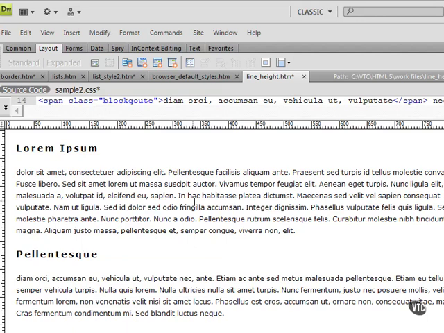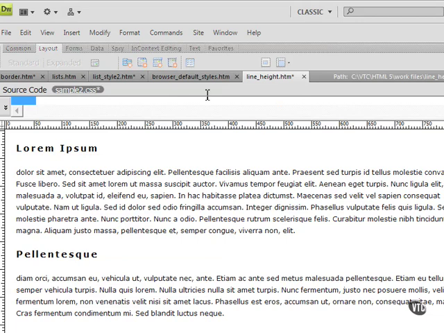height. Here's an example. I have 2 paragraphs. The first paragraph has a line height of about 150. The second paragraph has a line height of 100%, so you can see that the increased spacing between my lines makes this paragraph much more legible. The rule is simple. If we look here in the linked style sheet,